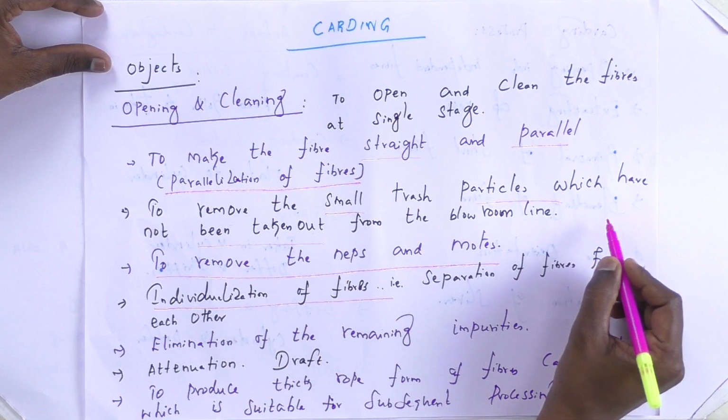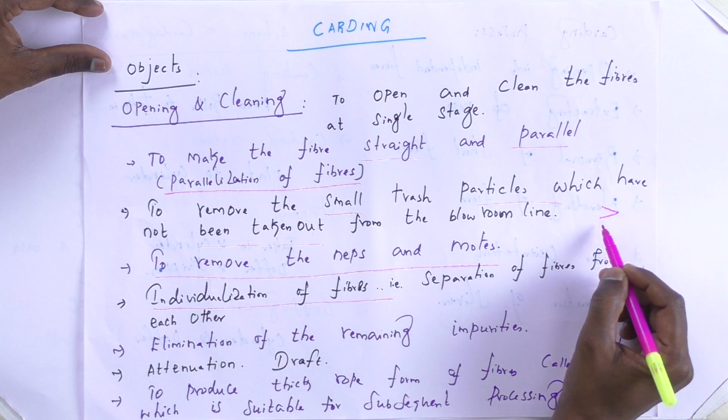The fiber to fiber separation is done only by carding machine. Here the blow room lap, the tuft of fibers, is passed through the licker-in and transferred to cylinder and flat area. The wire points are moving opposite to each other, so a stretching force takes place in between the two wire points.